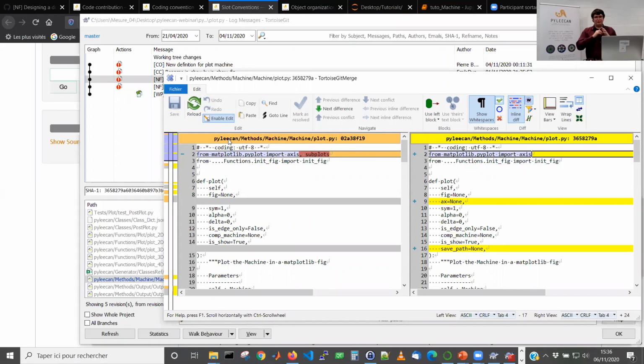Again, it helps us gain a lot of time. Without that, maybe someone would send us a zip archive with all the Pyleecan files and say, hey, I've changed something, now it's better. Is it right? Is it wrong? We won't be able to know. So now we know exactly what everyone changed and why. This is very powerful. And what is even better is that you can ask Git,